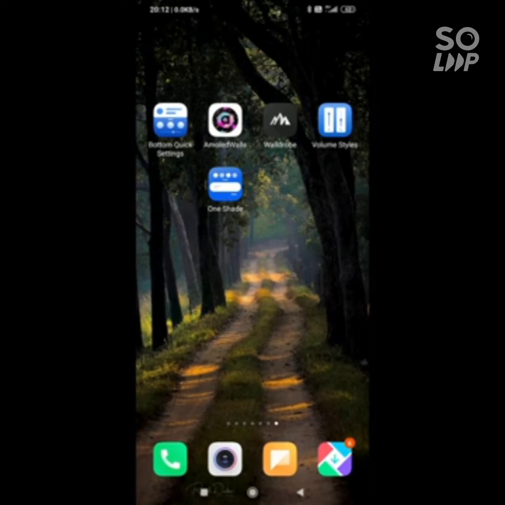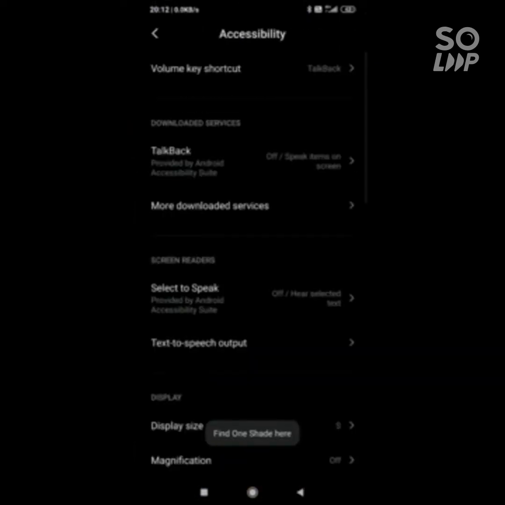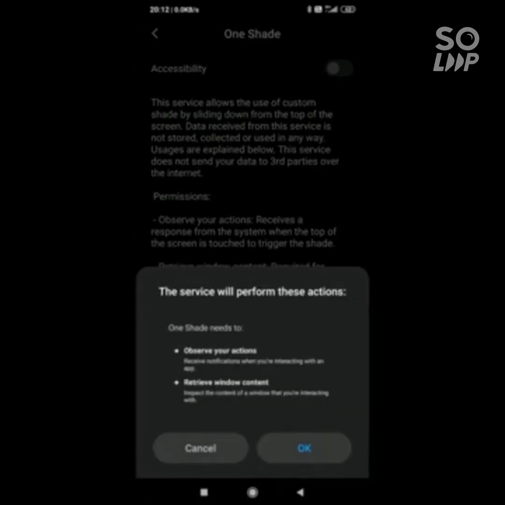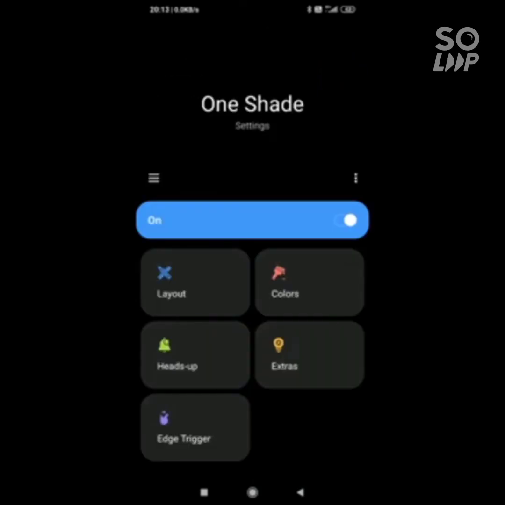If you want to make your notification panel attractive, I have another app called OneShade. Once you open it, it asks for permission; go to downloaded services, give the permission to access, click on it and it's on.